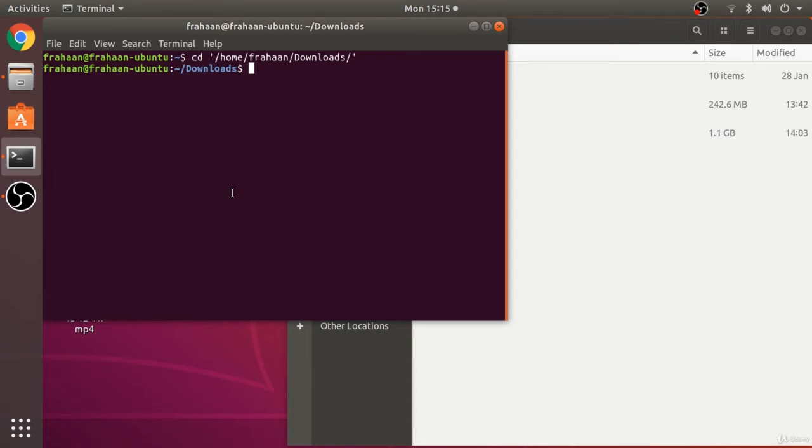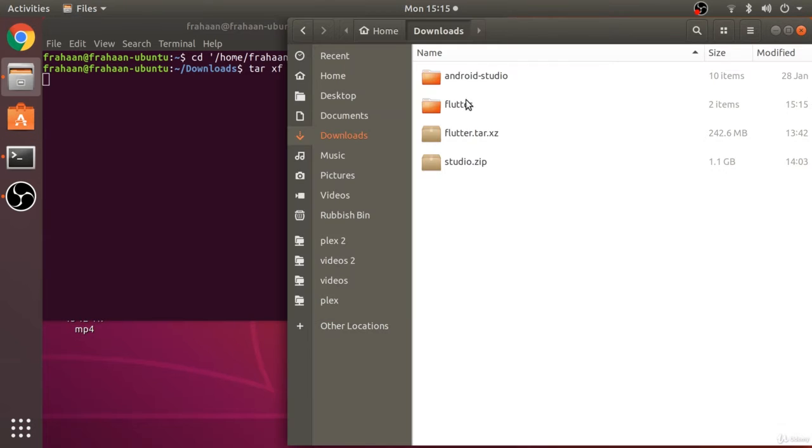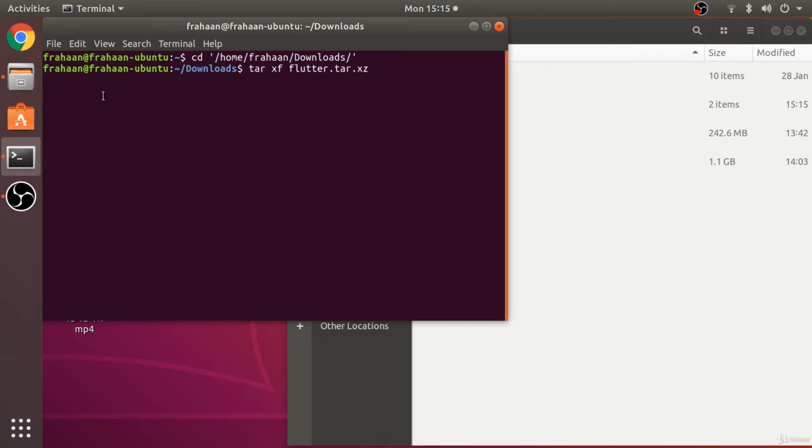So from here, we need to unzip our Flutter folder. We can do that by typing tar xf and then flutter.tar.xz, and as you can see, a Flutter folder has been created. We've got to wait. It won't take very long at all. And we've got to wait any moment now. It will be successful. So once you get back to this where you can enter another command,